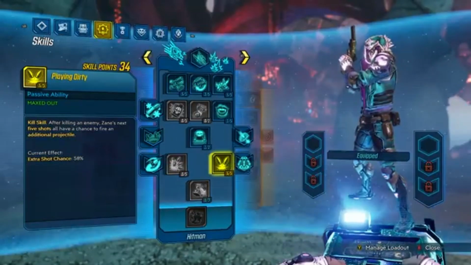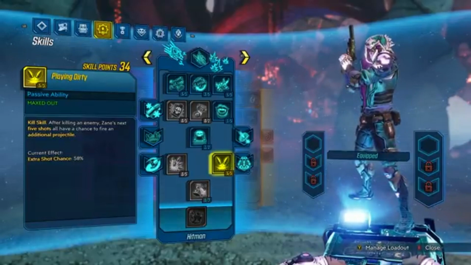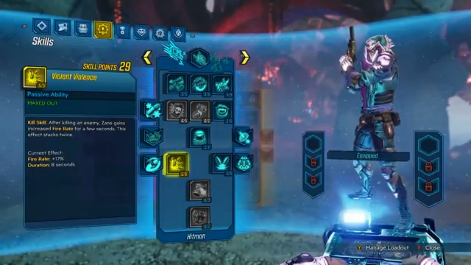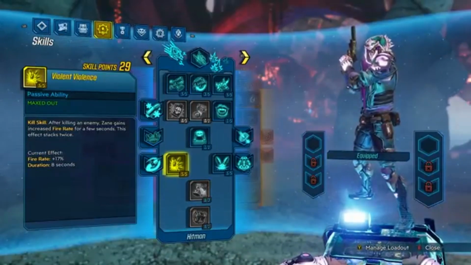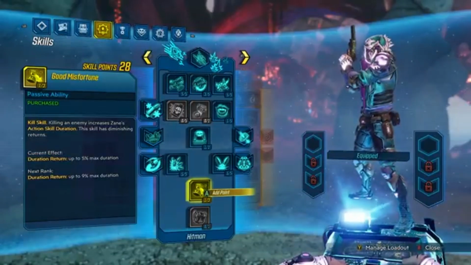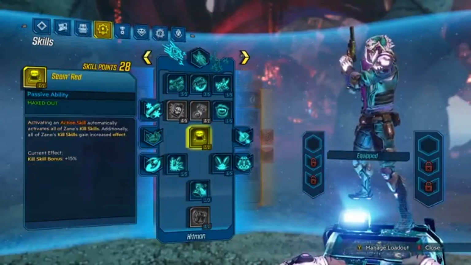And then I just do 5 in playing dirty, 58% extra shot chance, and then I also do 4 for increased fire rate. And that's what I figured out is the best happy medium to be able to keep your fire rate up and everything else. You can also get that extra shot chance. And then I do 1 in good misfortune for going to increase my kill skill duration, and then Seeing Red,